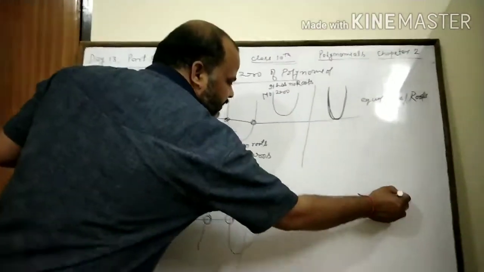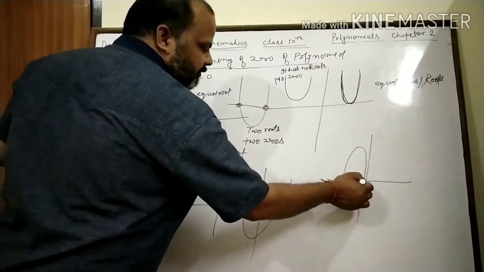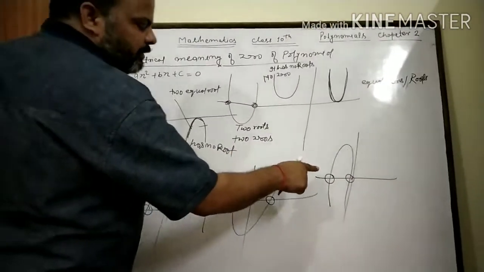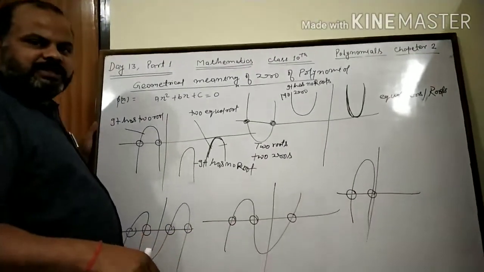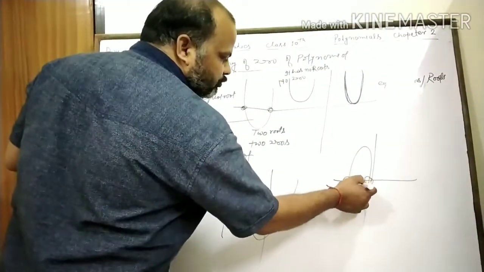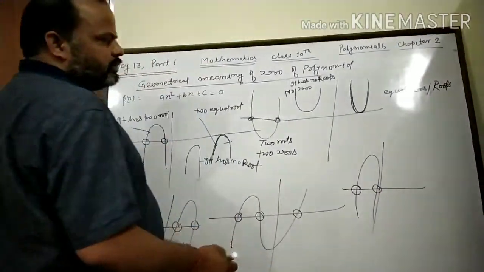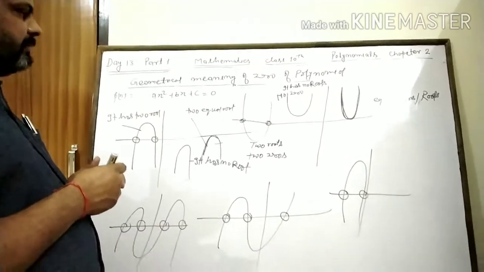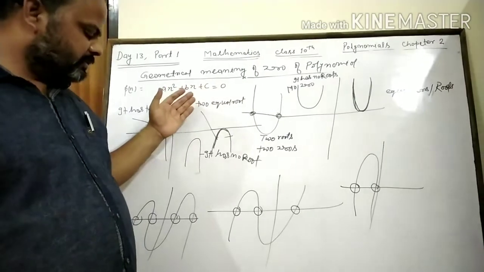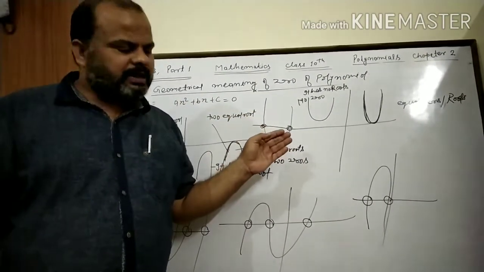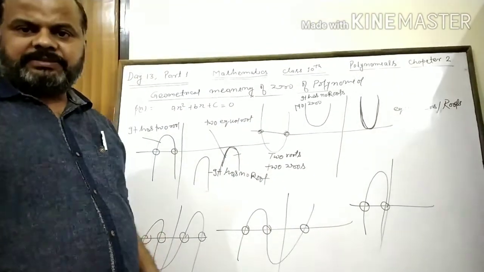In the same way, in the question, how many zeros does the polynomial have? Then you check at what points the graph intersects the x-axis. Then you see the graph intersects at only 2 points. That's why it has 2 roots, 2 zeros. Clear? Then you can solve from your book. It is given in exercise 2.1, I think. Then read carefully and solve the exercise. Okay.